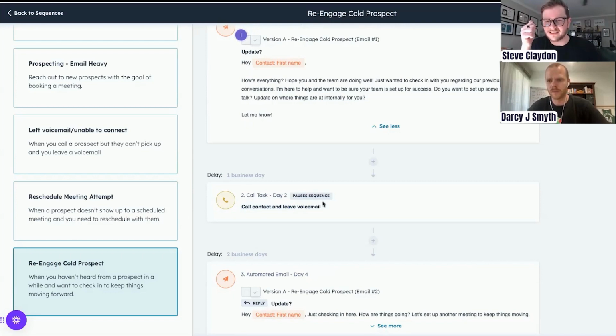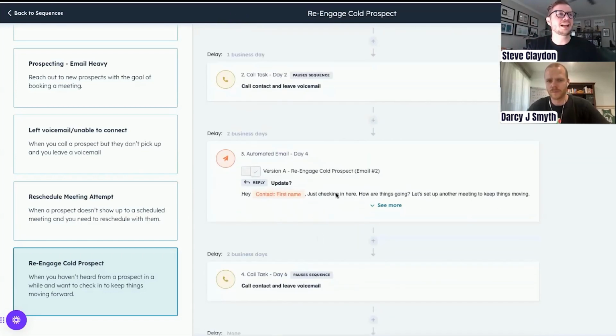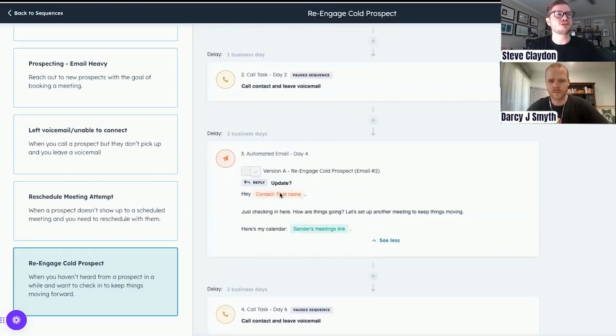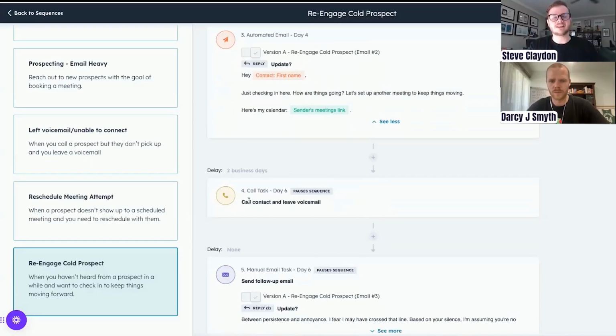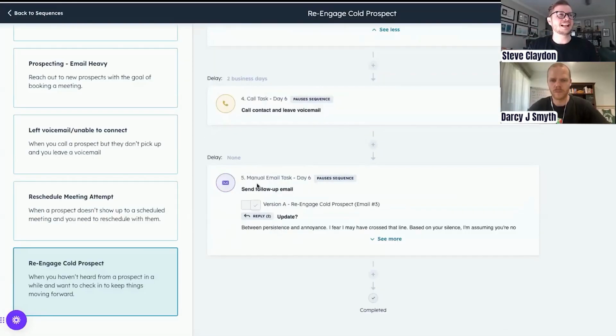Once I've selected that as, yep, I've done it, then in 2 business days, it resends another email going, hey, just checking in here, how things are going. Let's set up another meeting to keep things moving. Here's my calendar link. And then in 2 business days, it has another call task, and then a delay in email straight after that saying,